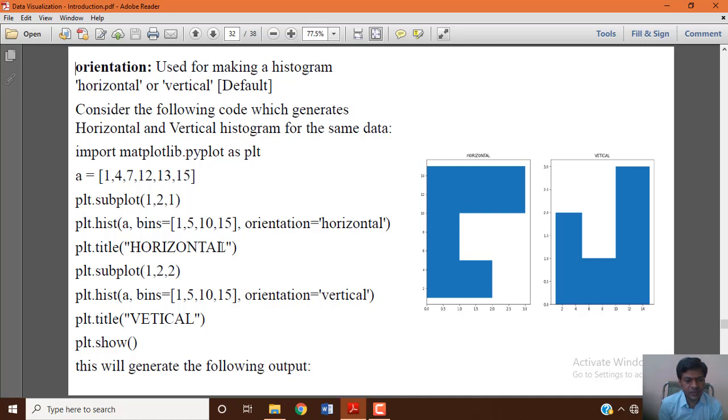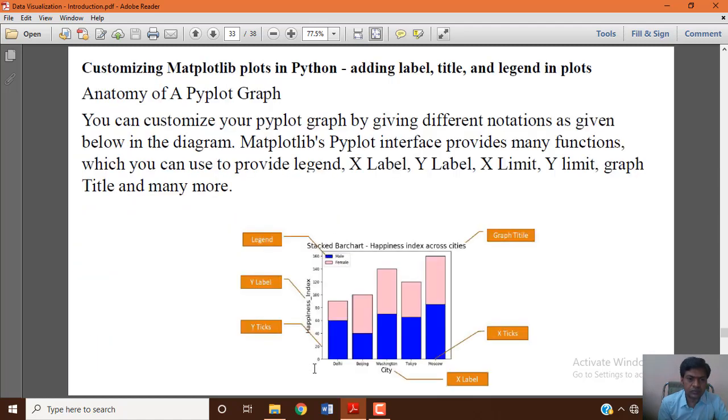The left image is the histogram we generated with orientation equal to horizontal. You can see how horizontal takes the image. In the same way, subplot 1 comma 2 comma 2 with orientation equal to vertical. So for the vertical histogram, you can see clearly how the bars are generated. Yes, that is how the histogram works.